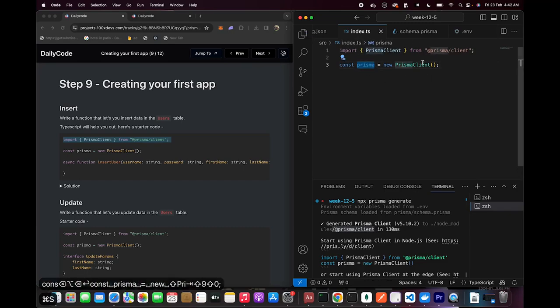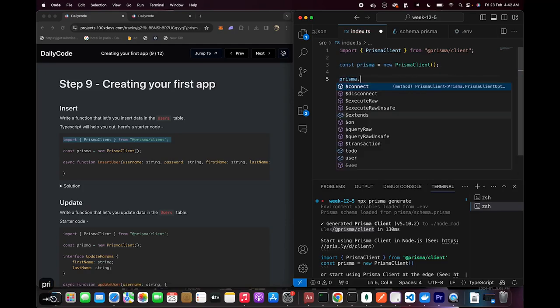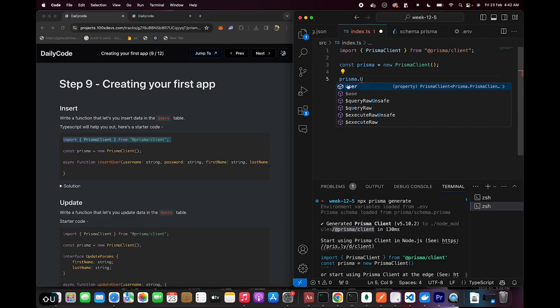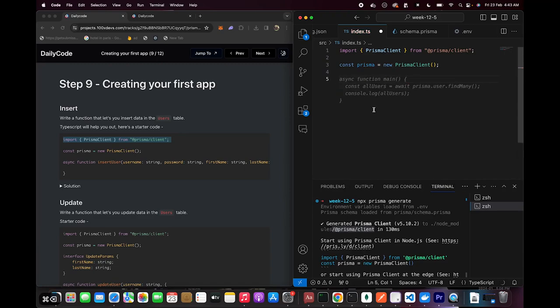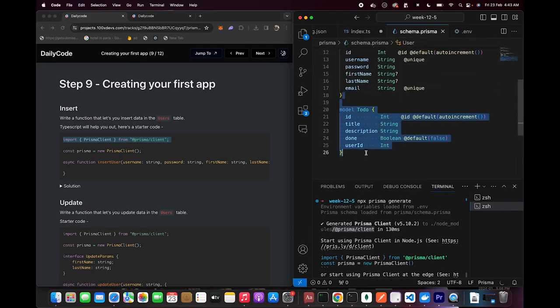Initialize a Prisma client, and now see the magic of auto generation and autocomplete. If I write prisma.u, it shows me user exists as an object here. What does it say? Property user on Prisma client. If I write .find, it shows me a findFirst function is present, a findMany function is present, a findUnique function is present, which means I, as the application developer, only wrote this, and then all the magic